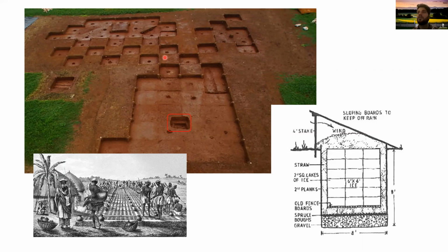And to say that there's this story, which I'll talk about later at a different time, this narrative or legend that the enslaved community at Montpelier was flabbergasted by the idea of storing ice, and that Madison set up this bet with an enslaved individual that he was right, that the ice would keep in an ice house, and that the enslaved individual was wrong, that it wouldn't. There are some narratives, some oral histories, not from Montpelier, from other places, that mention storing ice in subfloor